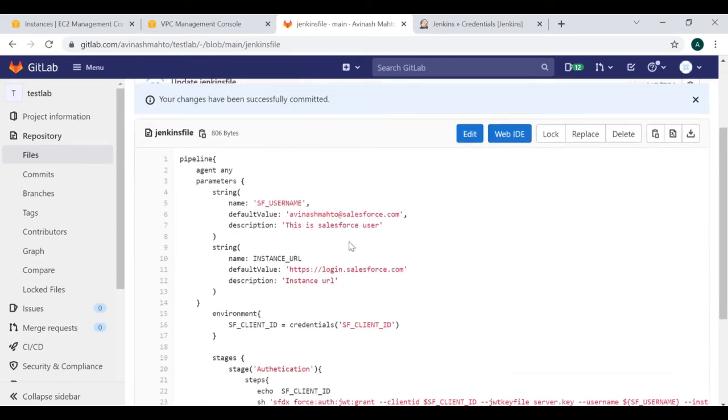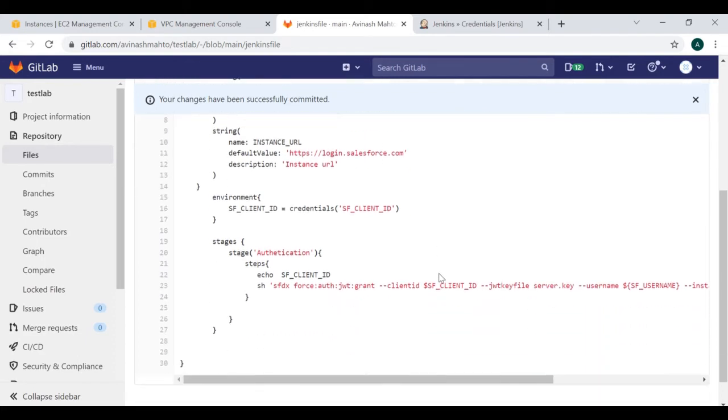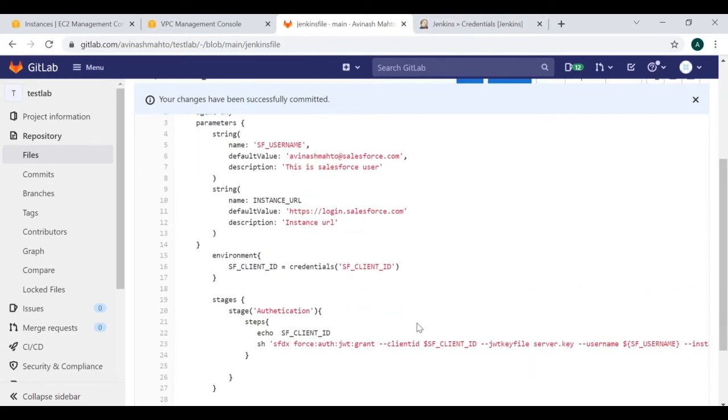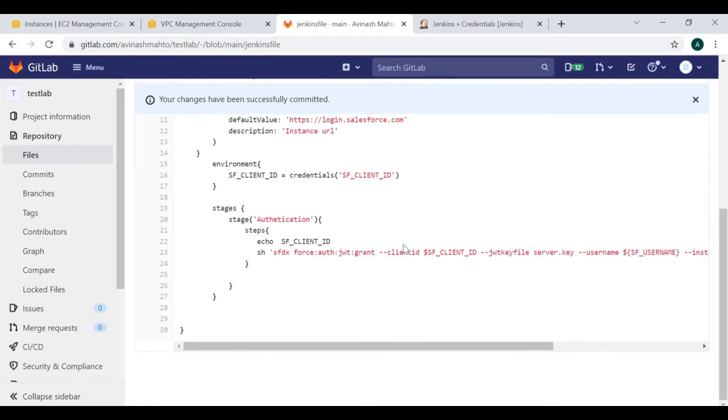So guys, this is the example of a simple string parameter, showing how you can utilize something you are mentioning inside the credential sections, and how you can deal with that inside the Jenkins files. So far I was dealing with this kind of case, the string parameter value and the credentials ID, and how we can use those parameter values inside the command.